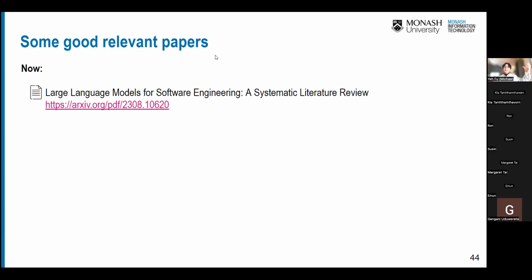It collects hundreds of papers from 2017 to 2023 and summarizes the landscape of AI for software engineering. It introduces some iconic AI models, what they can achieve in software engineering, and what researchers and industry are doing currently.